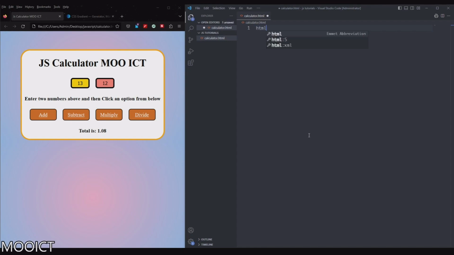So I'm going to create a HTML skeleton here, and then head. Inside the head we'll have the title, say calculator app in MoICT. After the head, we'll do the body. Inside the body here, I'm just going to do a h1 tag, say hello there. Okay, and now if I click on Go Live,